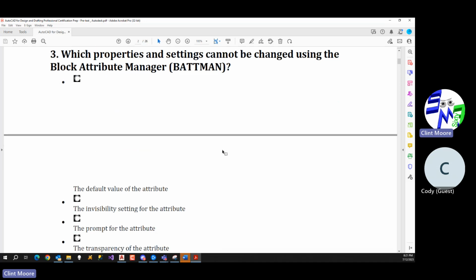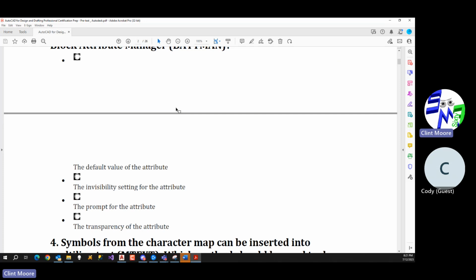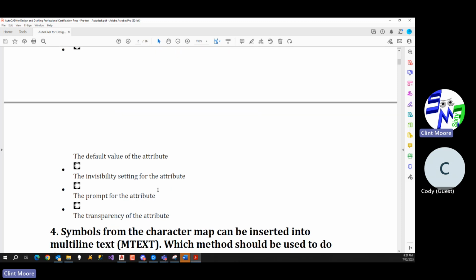Which properties and settings cannot be changed using the block attribute manager? Now, this one's kind of tricky, but you have to look at what they're doing here. The default value of an attribute is actually stored as part of the block's definition. It's not stored as part of the attribute. So that one doesn't apply. The invisibility setting for the attribute is something that is actually part of the attribute. And so you could update that with